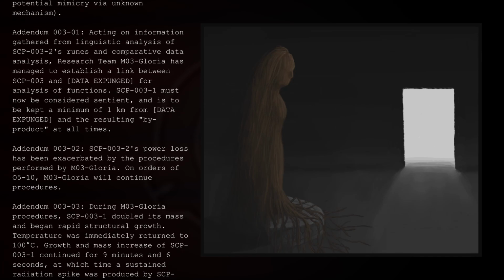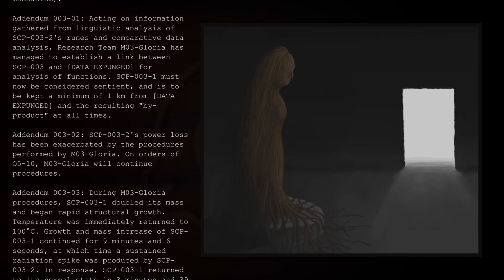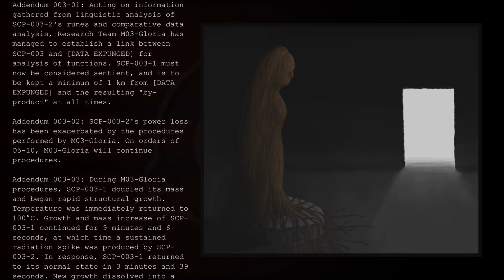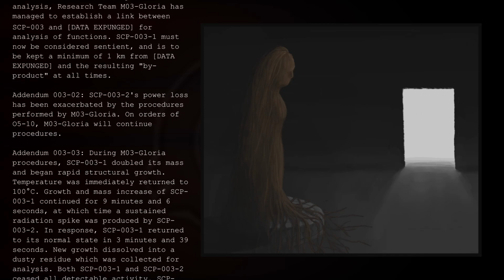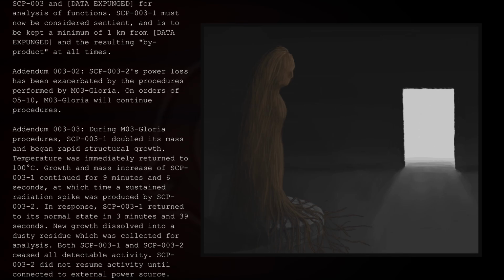Addendum 003-2. SCP-003-2's power loss has been exacerbated by the procedures performed by M03 Gloria. On orders of O5-10, M03 Gloria will continue procedures. Addendum 003-3. During M03 Gloria procedures,